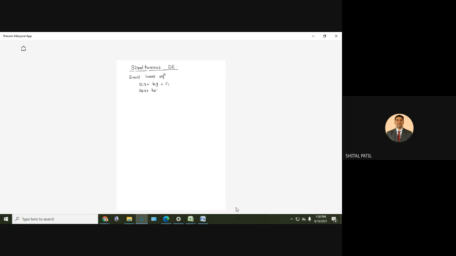a2x plus b2y equal to c2. Our aim is to find x and y. How is it obtained? What do we do? We do it like this. Equation number 1,